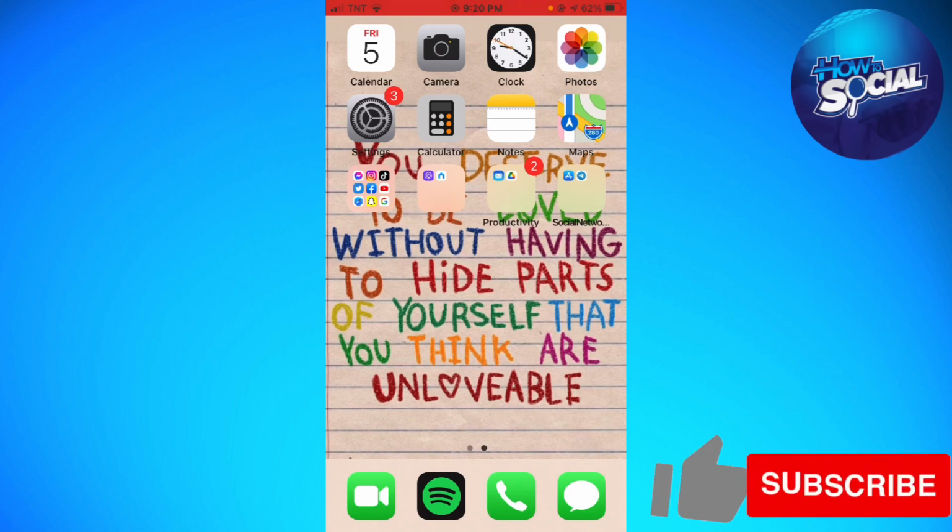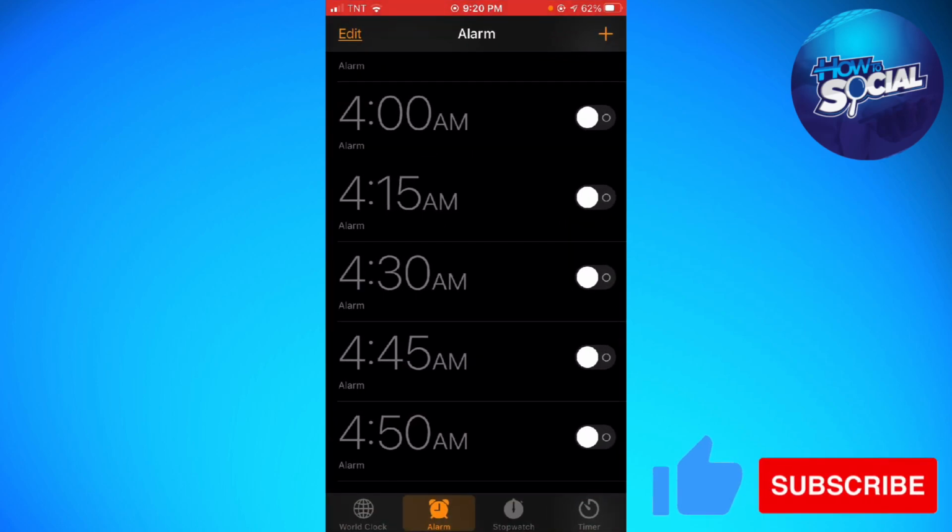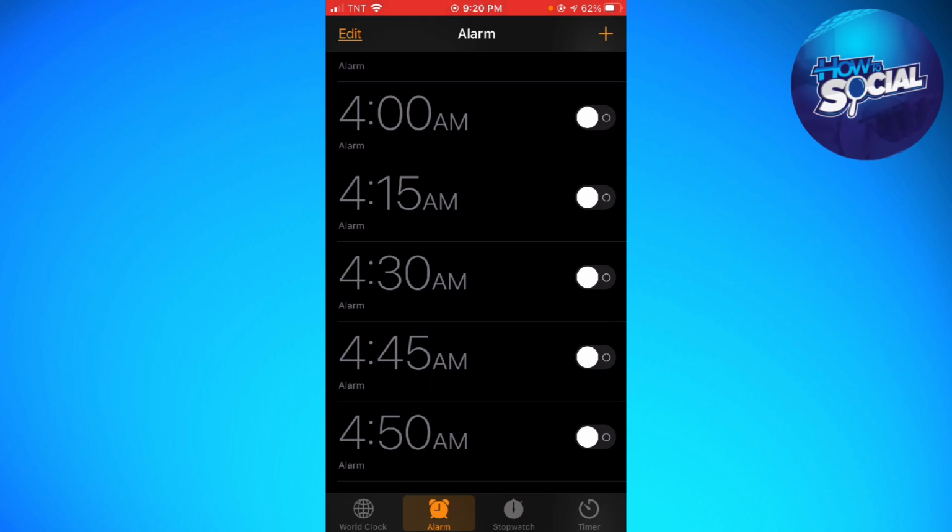So first of all, you want to open your Clock application. Then you need to make sure that you're on the Alarm section. You can see that at the lower part of your screen. Okay, so now just go ahead and click on the Edit button at the upper left corner of your screen